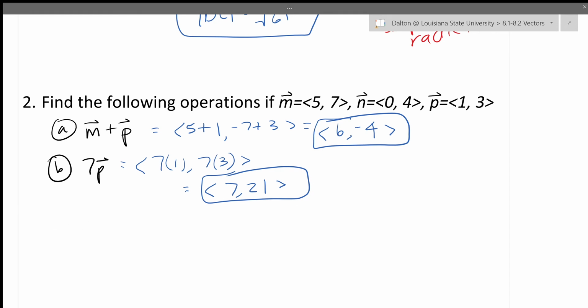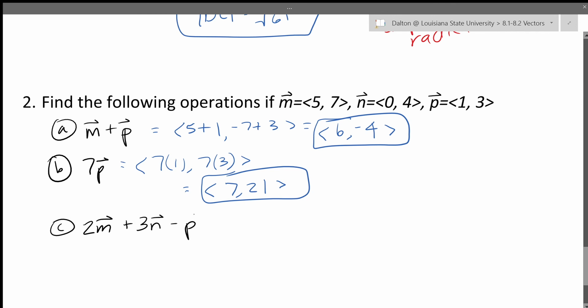Now, mathematically, those are very simple, and on those occasions, I'd actually be fine if you didn't show work. However, anytime I do something a little bit more complicated, I'd say 3 or more terms, I would like to see what you're doing, because it's also going to prevent you from making a mistake. So if I ask you for 2 times vector m plus 3 times vector n, they must see a squirrel,